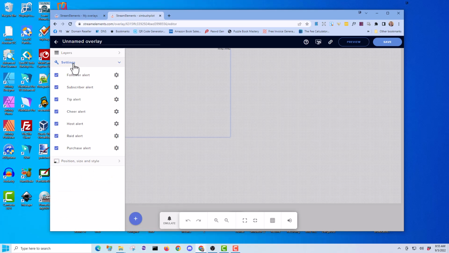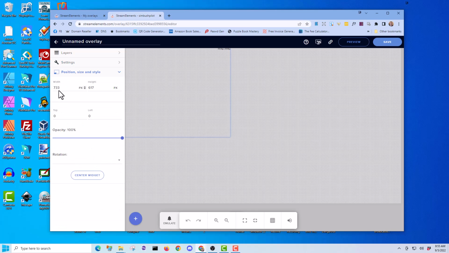Okay, so we want to change the position, and we want to change it to 1920 by 1080 for 1080p, and we want to center the widget. Okay, so now we have